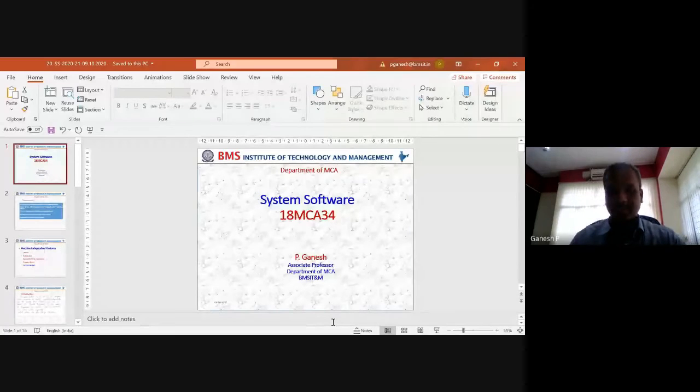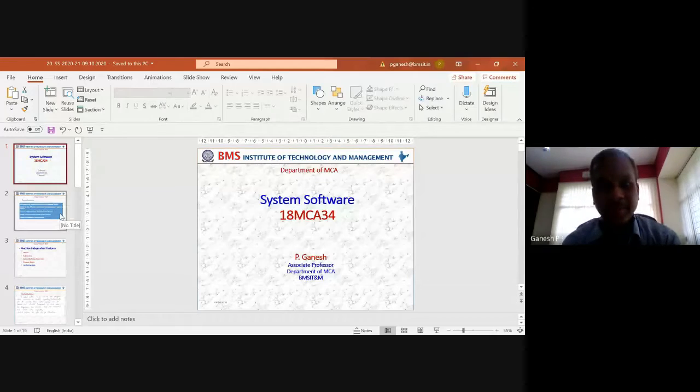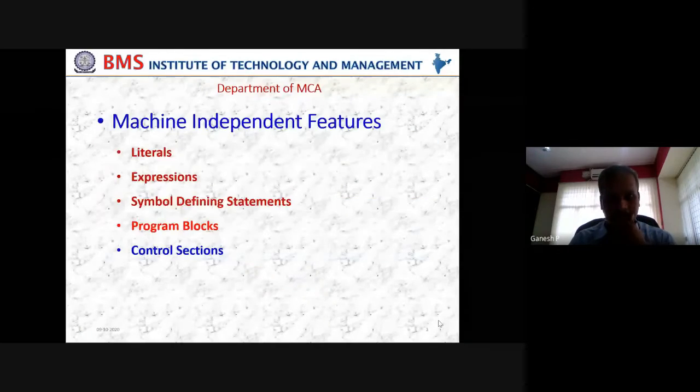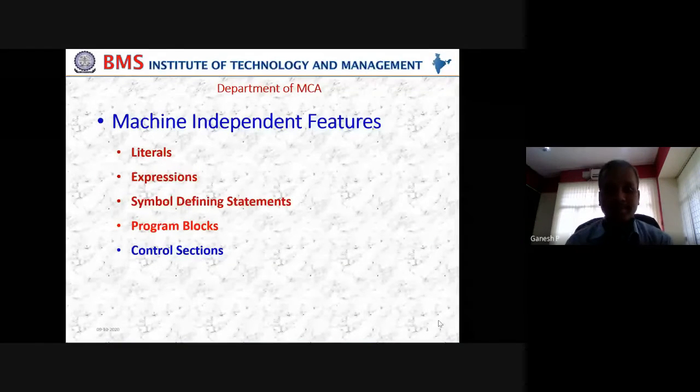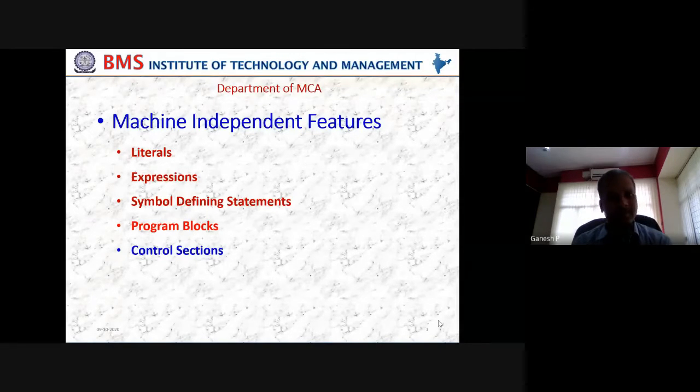Welcome to today's class on control sections, which is one of the assembler independent features. So we have discussed 4 features of machine independent concepts of an assembler, namely literals, expressions, symbol defining statements, and program blocks. So before we go to the 5th and last part, that is the control section, let me